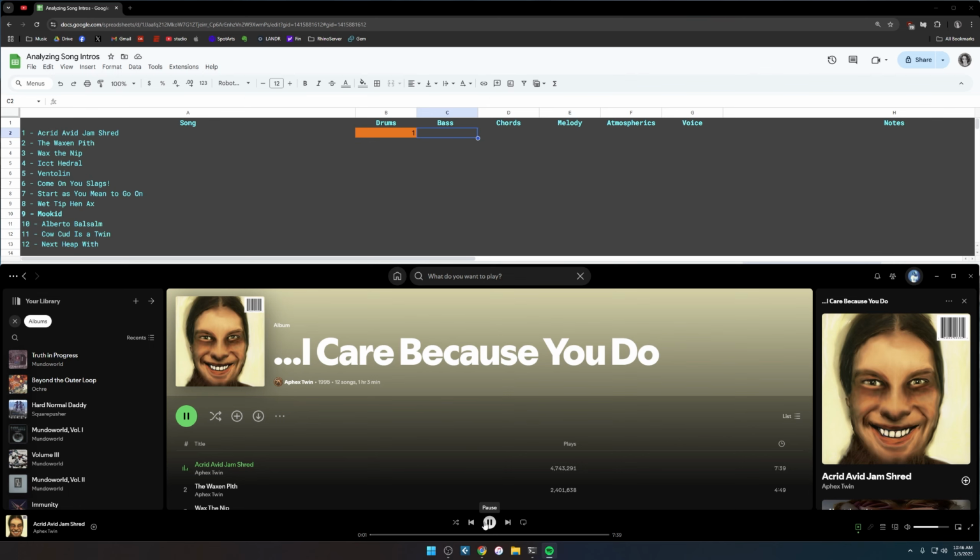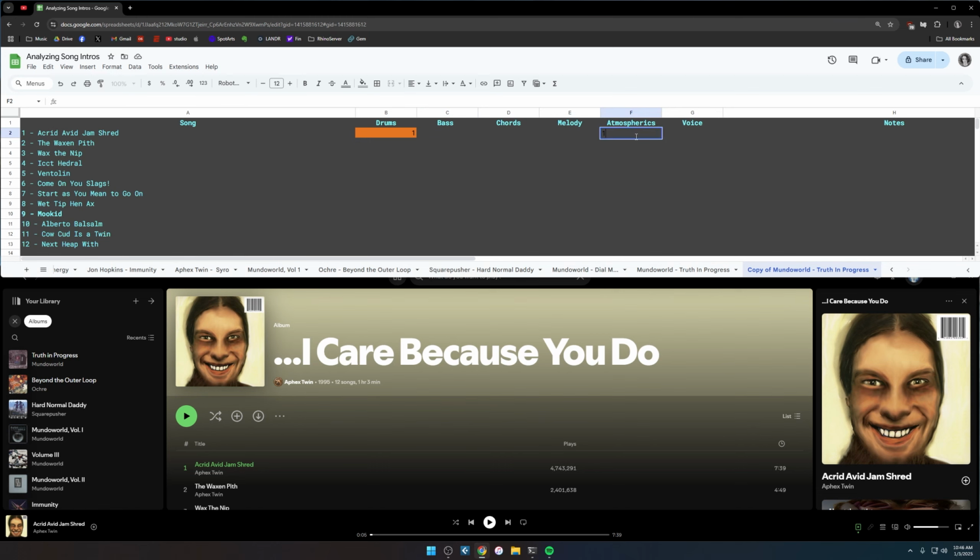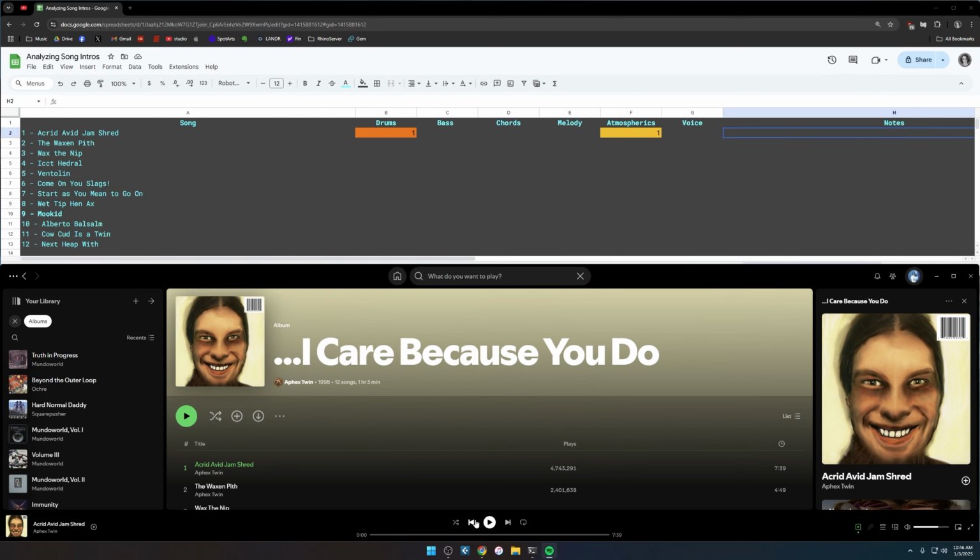We might have a label issue right out of the gate here, because honestly that drone, it's not like super atmospheric necessarily, but let's be real. It's not a bass. It's not chords because the chords come in later. It's not a melody. Melody comes in later. Certainly, I don't think a voice, although knowing Richard, perhaps it could be. But I think what I like here,